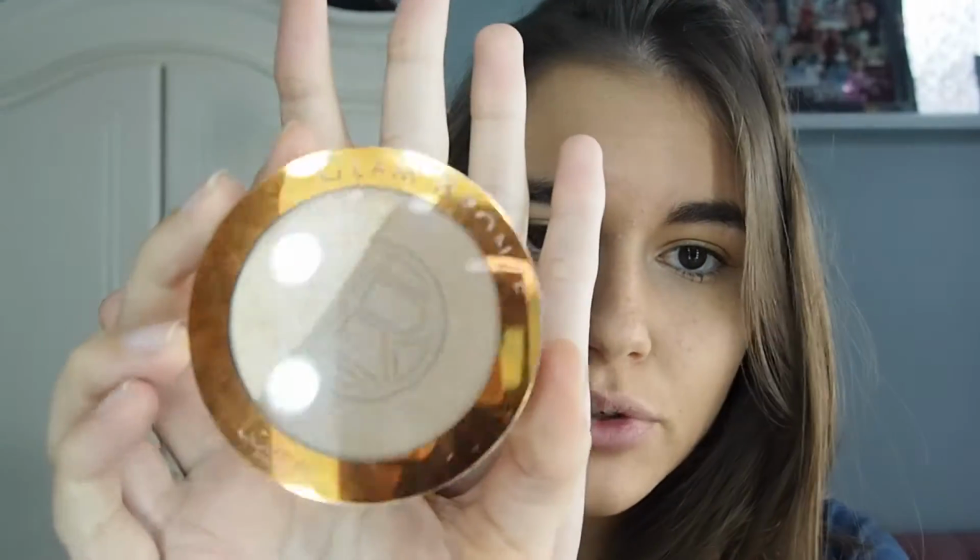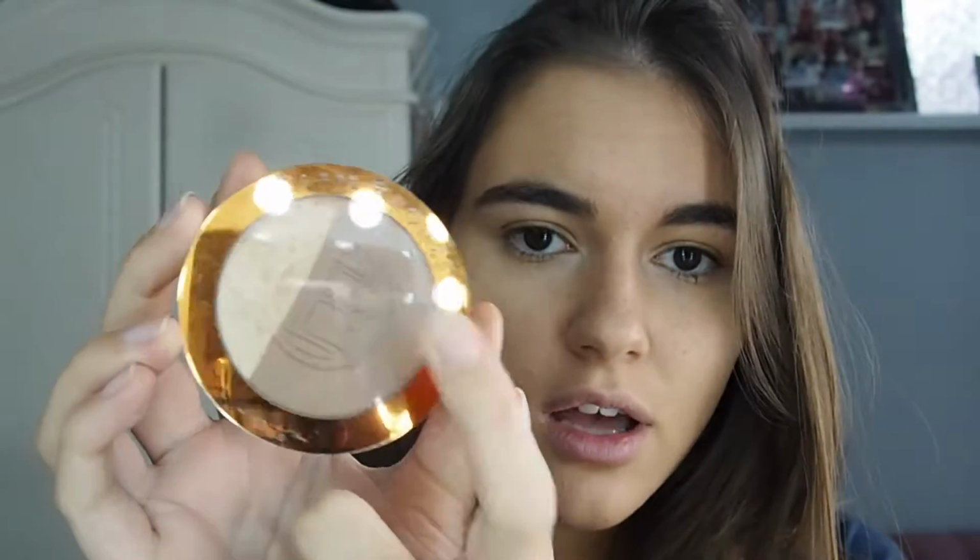So now I'm going to go on to bronzer. So for bronzer, I think this is quite an old one, but I think they still sell it. It's the L'Oreal Glam bronzer. So it comes with a bronzer shade and a highlight shade. I'm going to use the bronzer shade today. This one also comes with a little brush, but I don't really use the brush, so I'm just going to use a big bronzer brush. This one's from Eco Tools, I believe. I'm just going to use that one,